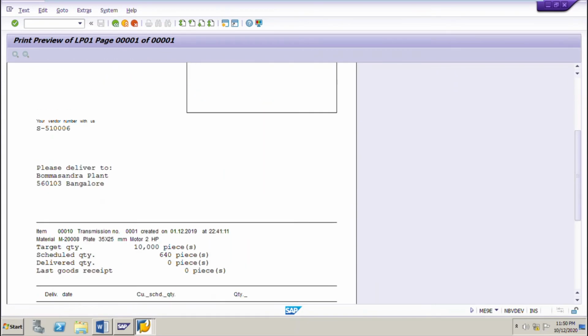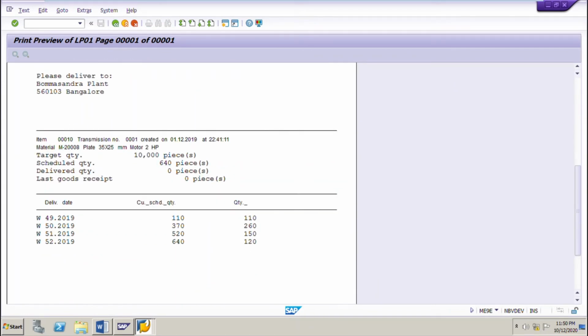So here we can see the FRC delivery schedule or forecast delivery schedule. FRC delivery schedule means it shows the medium term requirements. So not immediate or not near future. They are the medium term requirements. So here we can see in the 49th week of 2019 we need 110 pieces, and in the 50th week of 2019 we need 370 pieces.